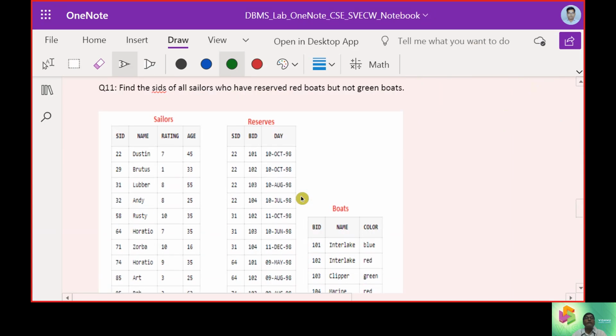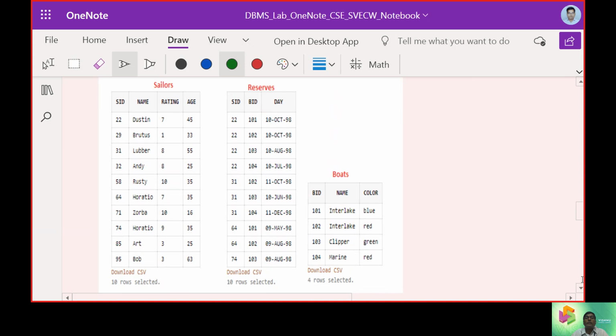So the reason was: find the sailors who have reserved red and not green boats. Find the SIDs of sailors who have reserved red boats and not green boats.